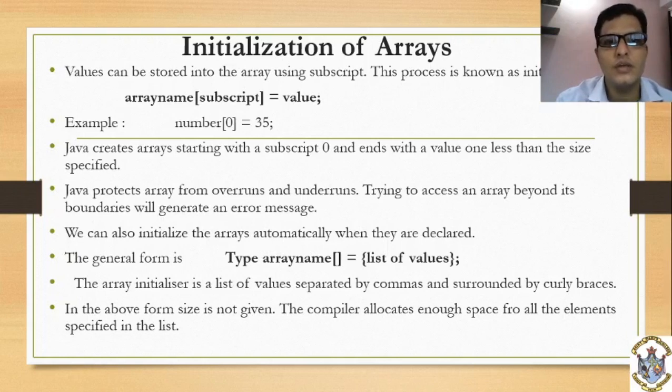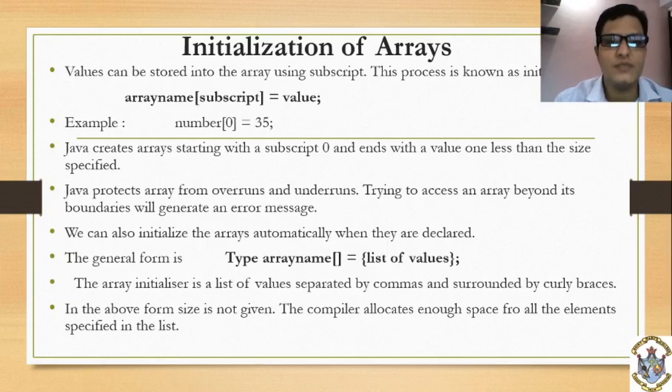Then what are you doing? You are assigning the value 35 in the memory location 0. So the value 35 will be stored in the subscript of 0, the 0th location, and hence it will be stored in the 0th location. Okay, so likewise you can also